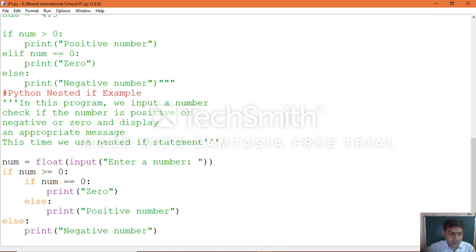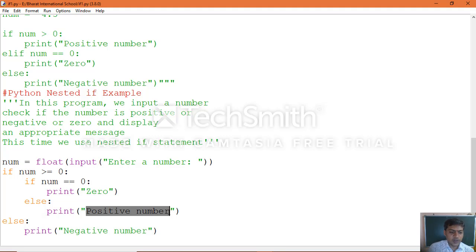In this case we gave 1 as input, and it will be assigned to the num variable. So 1 greater than 0 is true, and it comes to this condition, 1 double equal to 0, which is false, comes to here and prints positive number. That is why we got positive number as output.